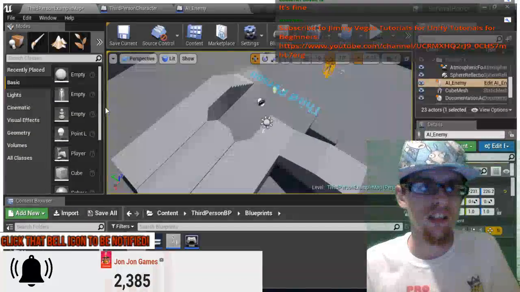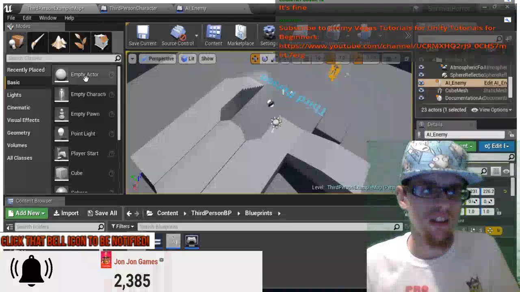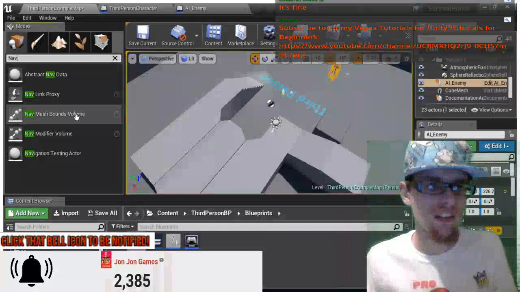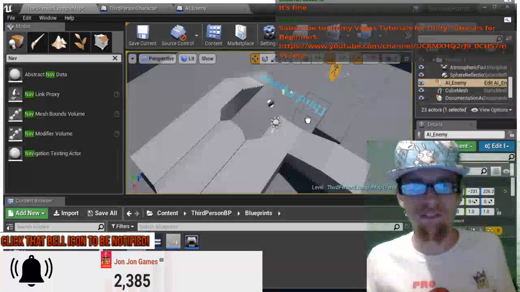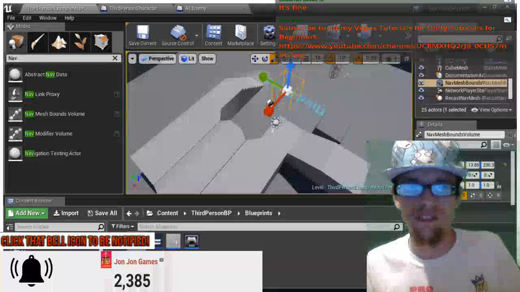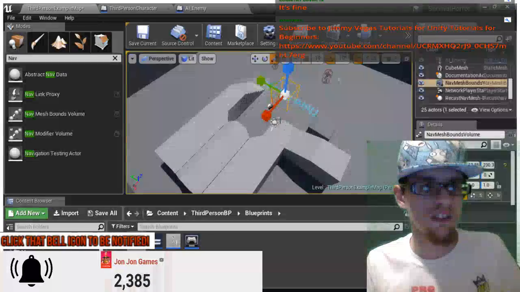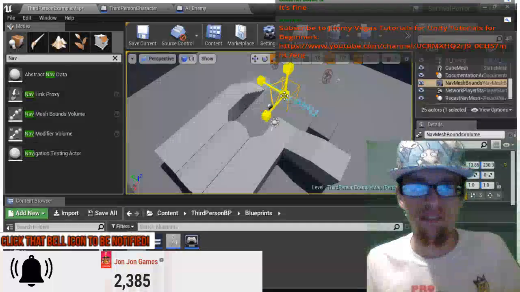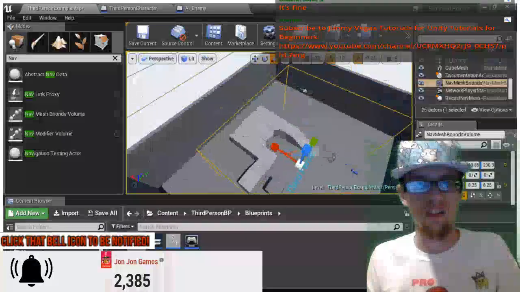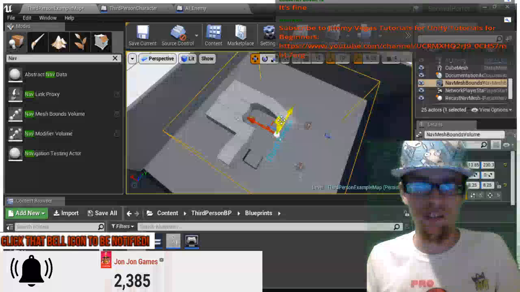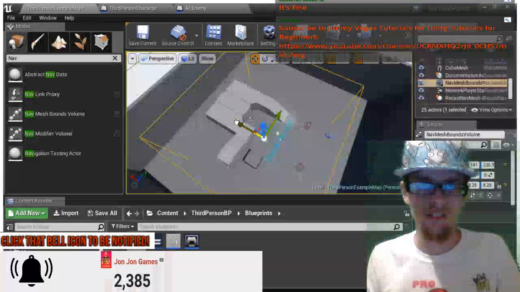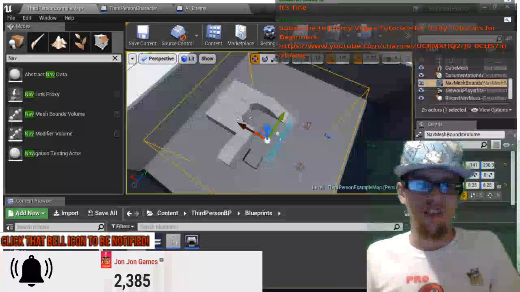So here we go. In our modes, you can type in here and look for nav mesh, which is nav mesh bounds volume. Drag and drop. Just drag and drop. We're gonna scale this one. Alright, so we're gonna make it centered. So I want to test it out for future purposes. Now if we save this,